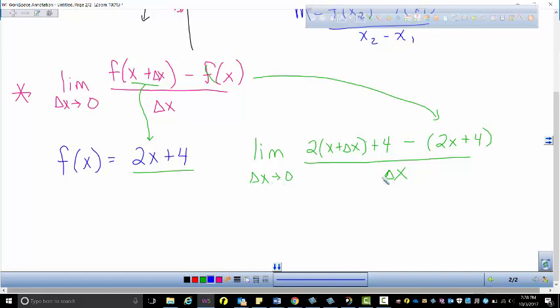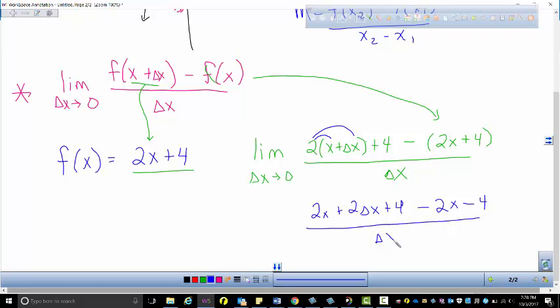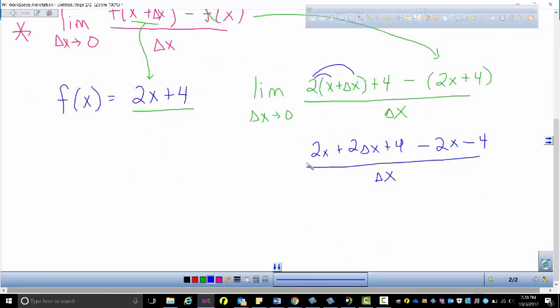So I have to do algebra like we've been practicing. So I get 2x plus 2 delta x plus 4 minus 2x minus 4 all over delta x. I'm going to keep simplifying. I see that I have a 2 and a negative 2 and a 4 and a negative 4, so those all cancel. So the limit as delta x approaches 0, I now have 2 delta x over delta x, which